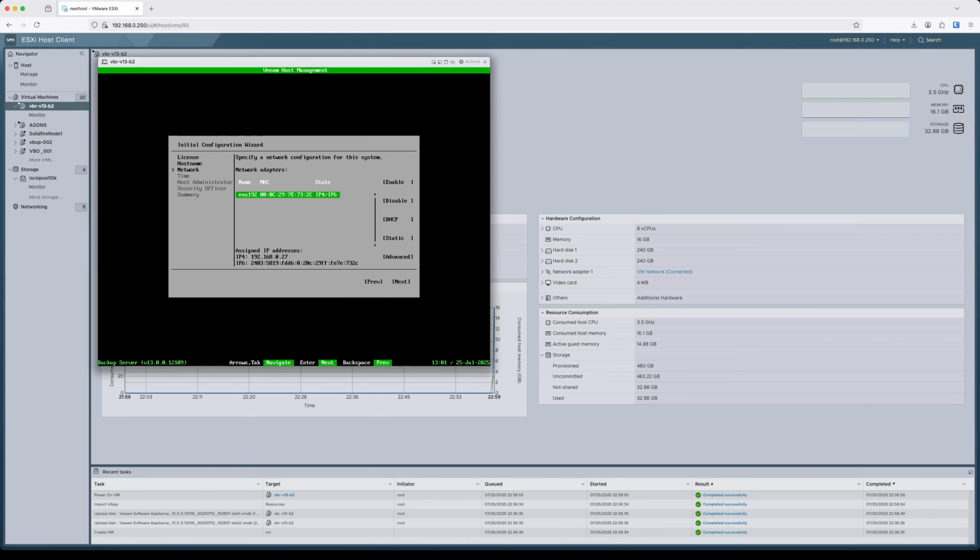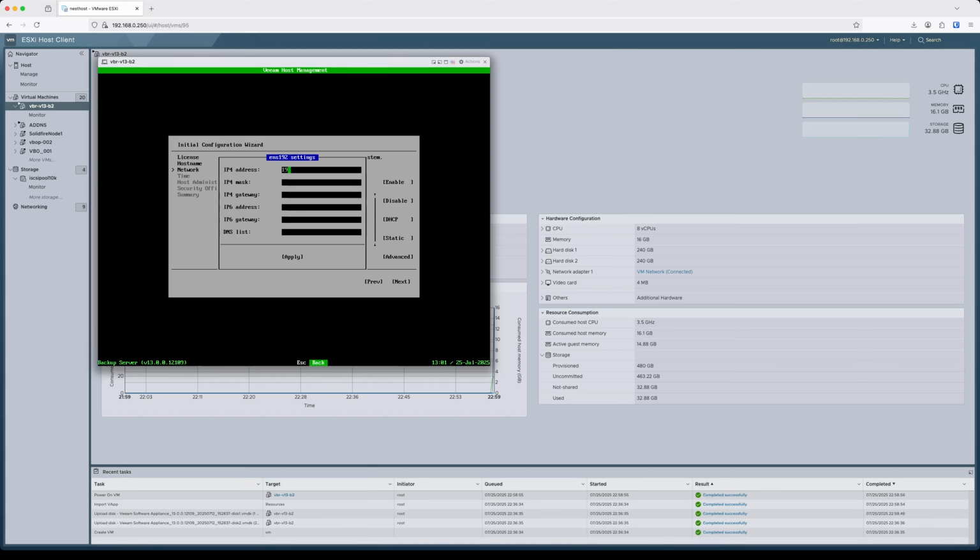And so here we can just go through and check what network adapters we've got configured. We've just got the one because that's part of the setup. And then let's set the static information for the IP. So we can just go into static, we'll give it its IP, and make sure that the IP address matches what you have configured in your DNS. Then we go ahead and create the mask, and then we also just add the gateway,